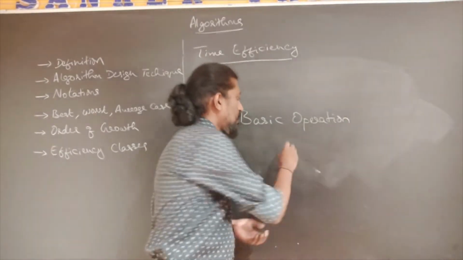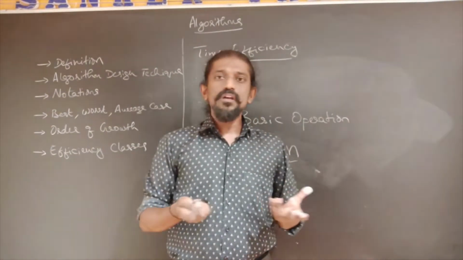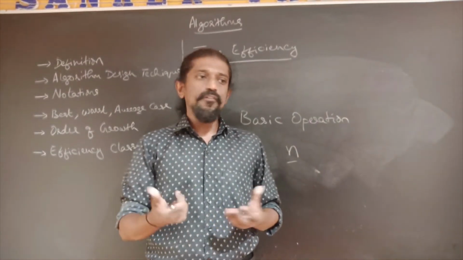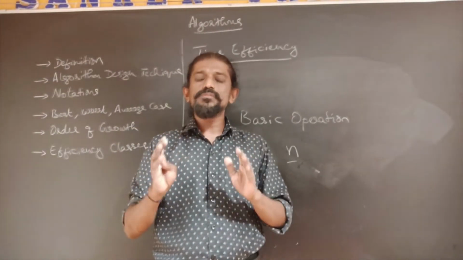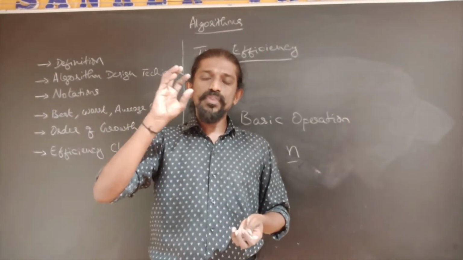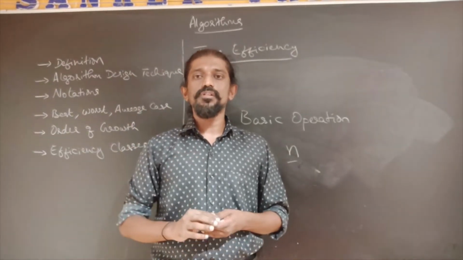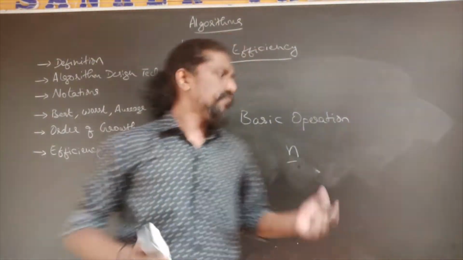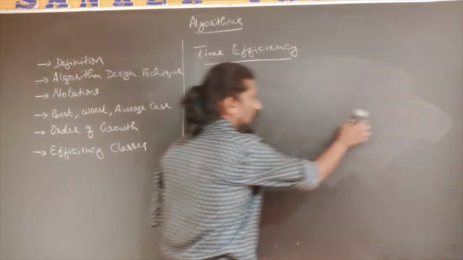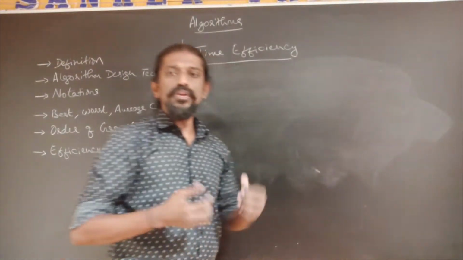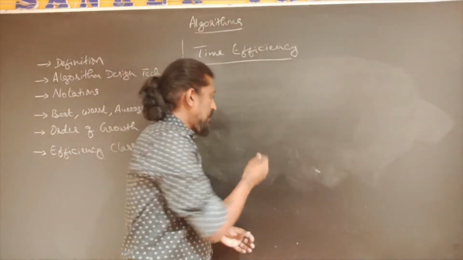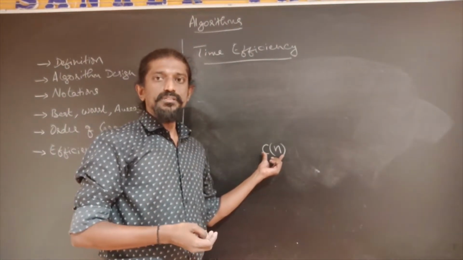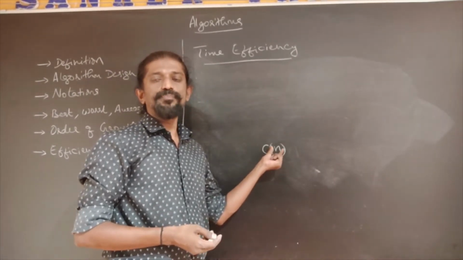And we can count, for a given input of size n, how many times the basic operation is computed. That gives an approximate measure of how many times the basic operation is executed to give output using this searching or sorting algorithm. That is what we are going to do most of the time for analyzing the efficiency of an algorithm. We represent that count by C of n, the number of times the basic operation is executed for an input size of n.